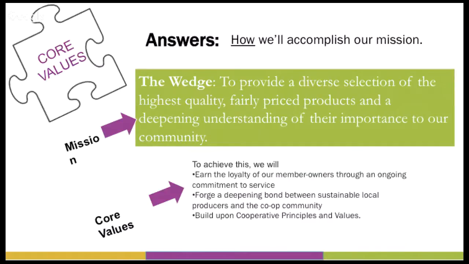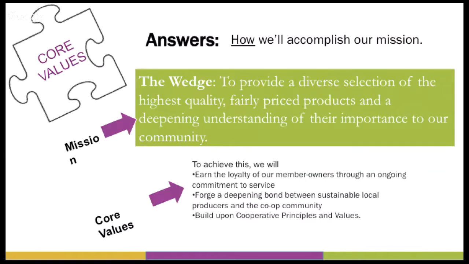There's a good clue that you're about to talk about core values. We will do this by. To achieve this, we will. So it's how are we going to go out and make this mission happen? We're going to earn the loyalty of our member owners through an ongoing commitment to service. We're going to forge a deepening bond between sustainable local producers and the co-op community and build upon cooperative principles